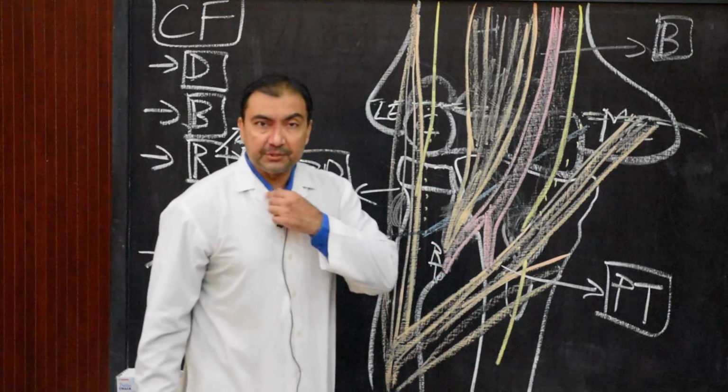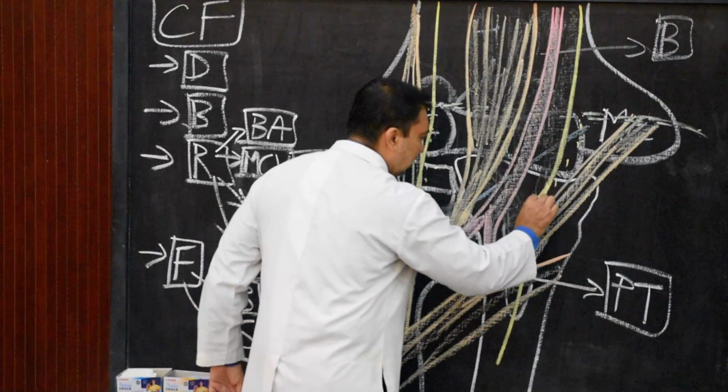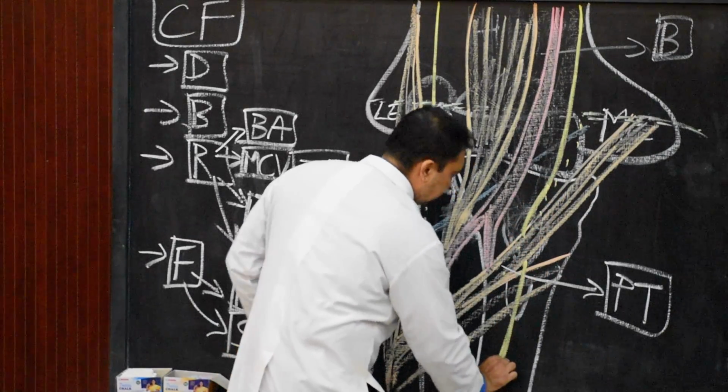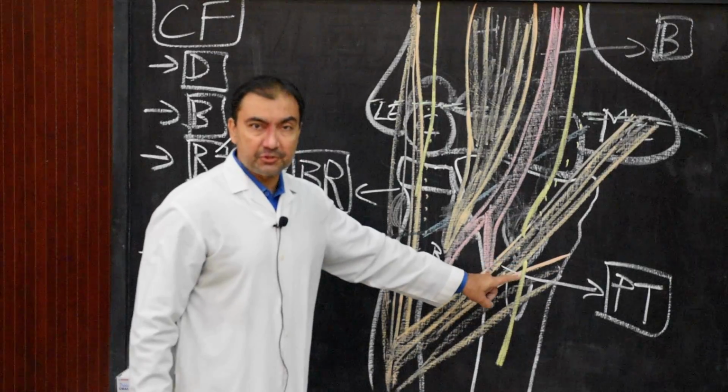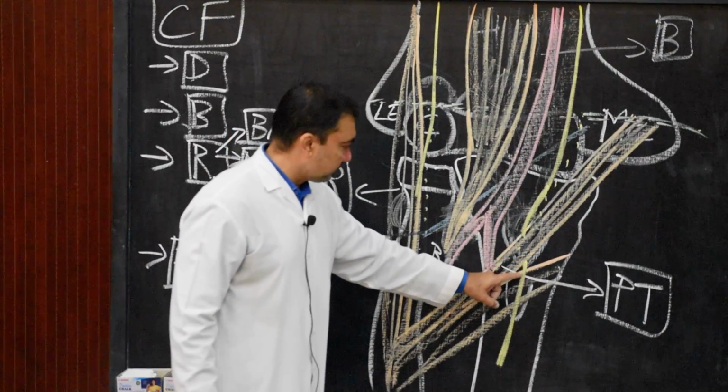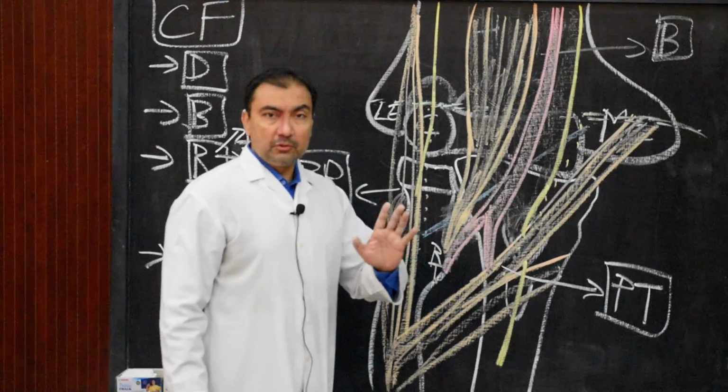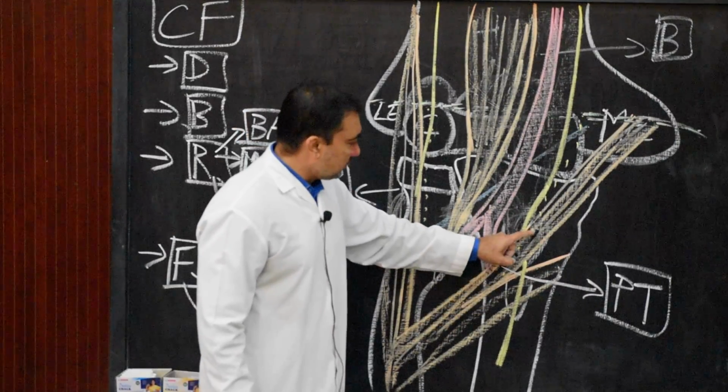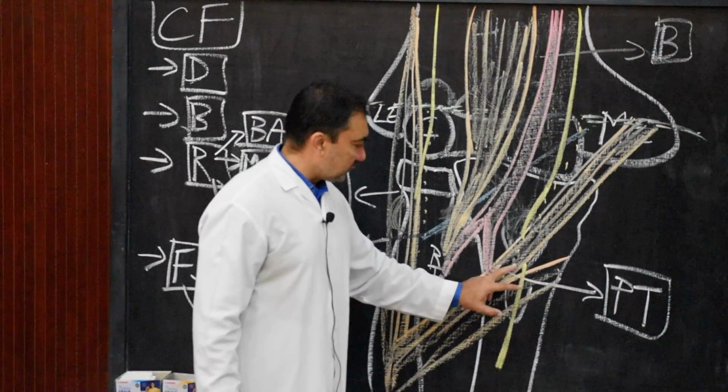This is also asked in MCQ. So, between the humeral and ulnar head of pronator teres, the median nerve will pass. Here we have shown it in this diagram, beautifully it has been shown. That point you have to note down. The median nerve will always pass between the humeral and ulnar heads of origin of the pronator teres muscle.